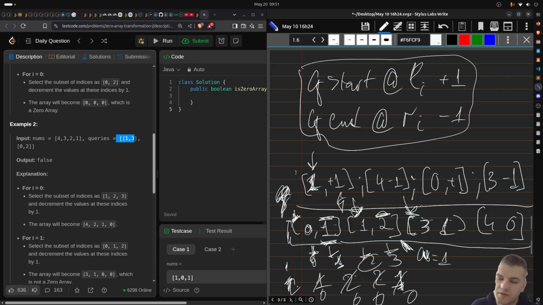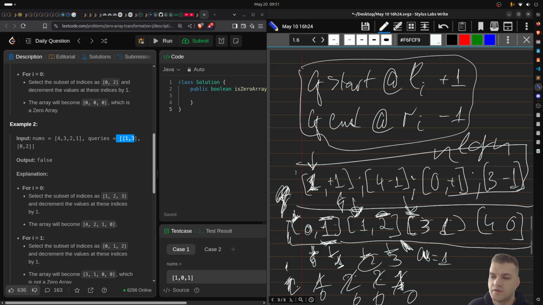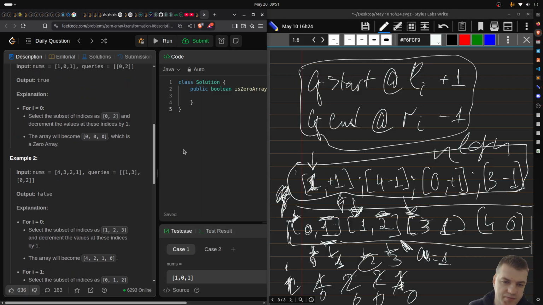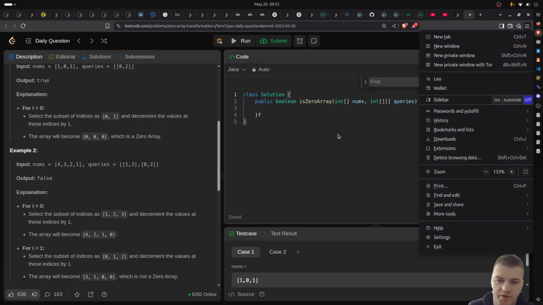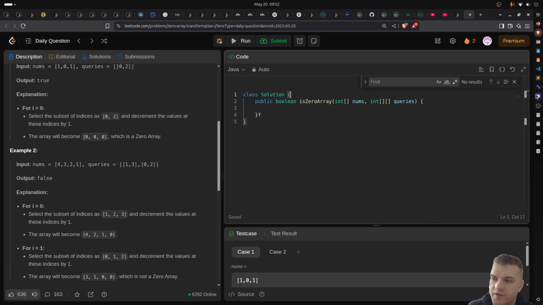So it seems like a lot of calculation, and also I need to do n log n to sort all these events. So definitely not a good path. So I checked the solution, and it was saying prefix sum, and they suggest something like this. They don't suggest, but I started to think about this, and instead of saving all these events to an interim